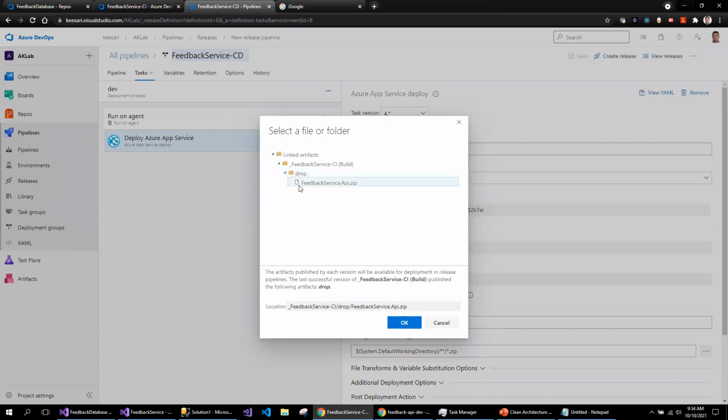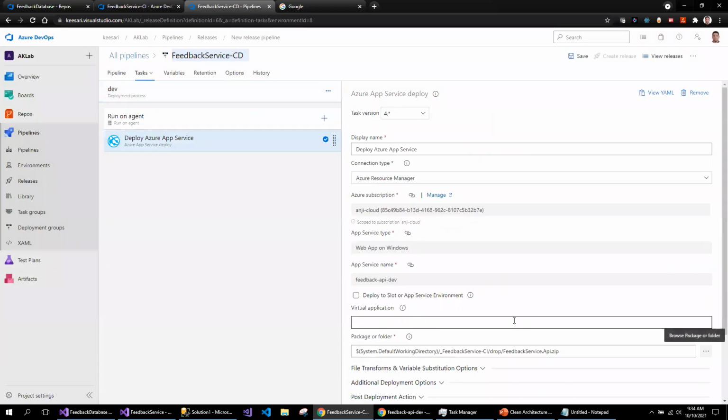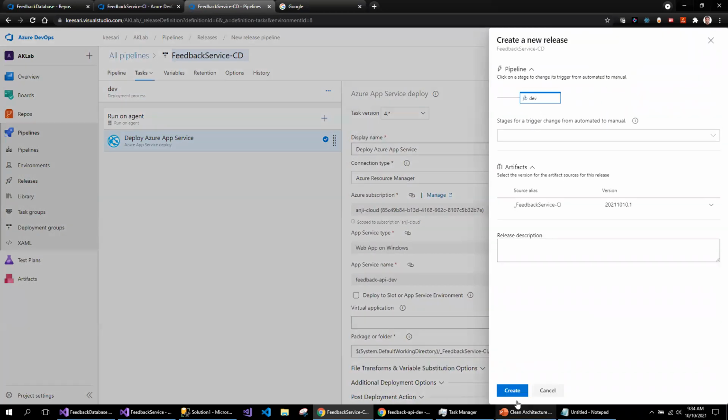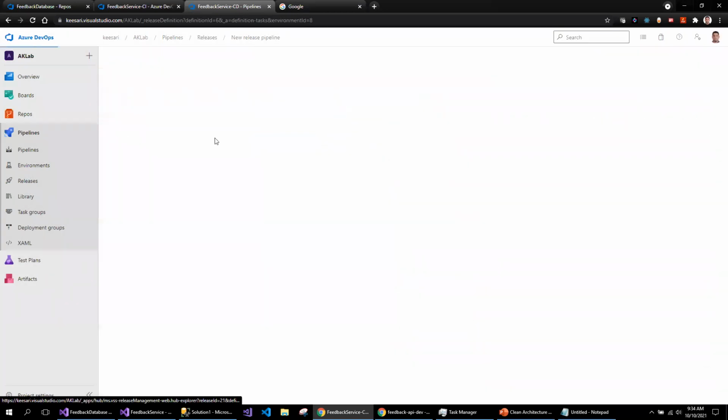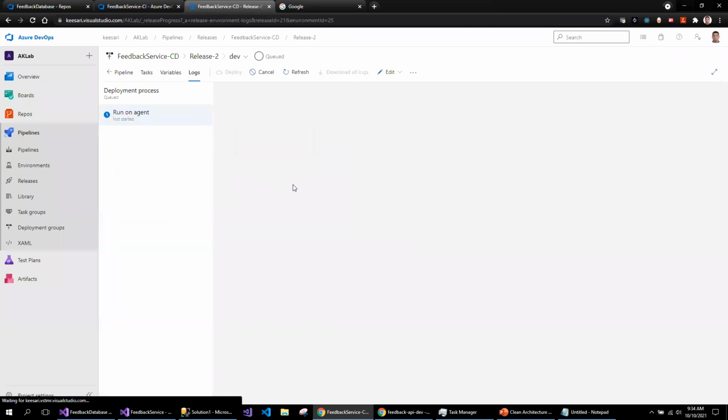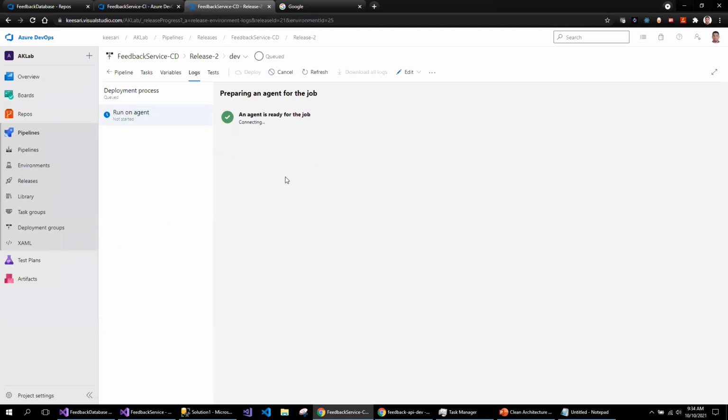You have to make sure that you select the zip file from here and click on create. So this time this should work if everything is connected properly, and publish this code to the Azure App Services.